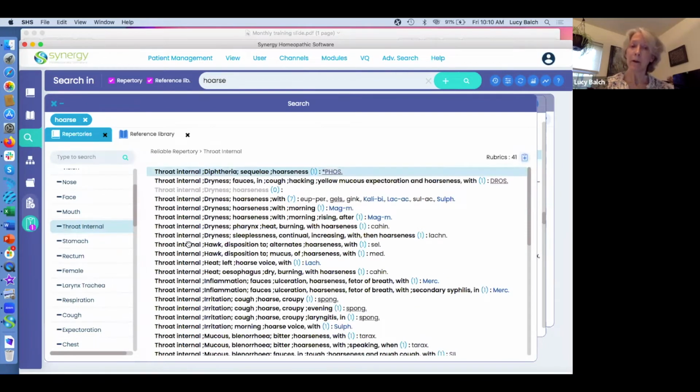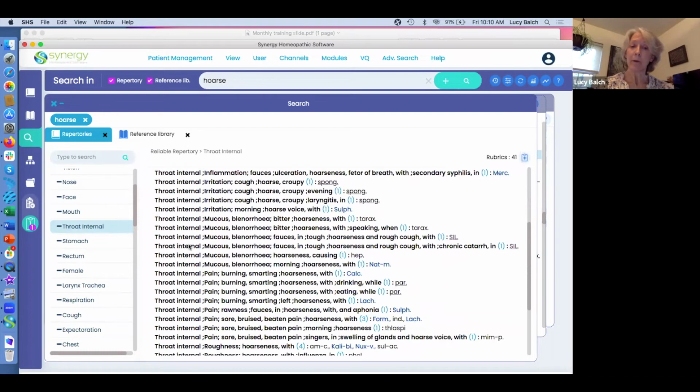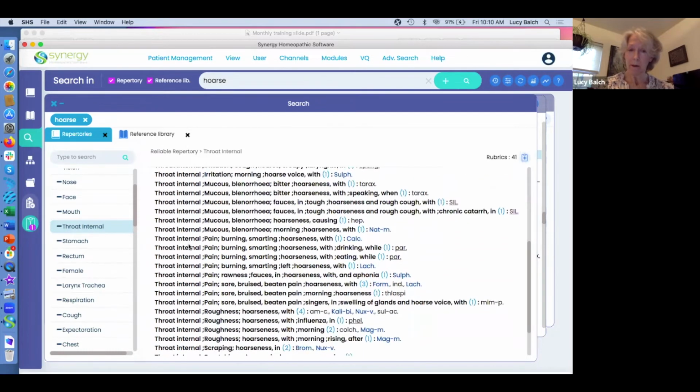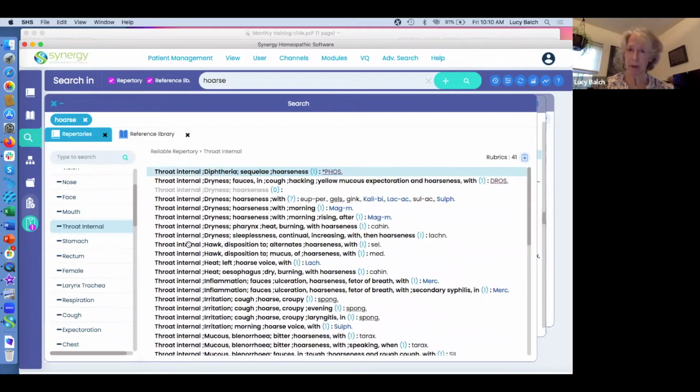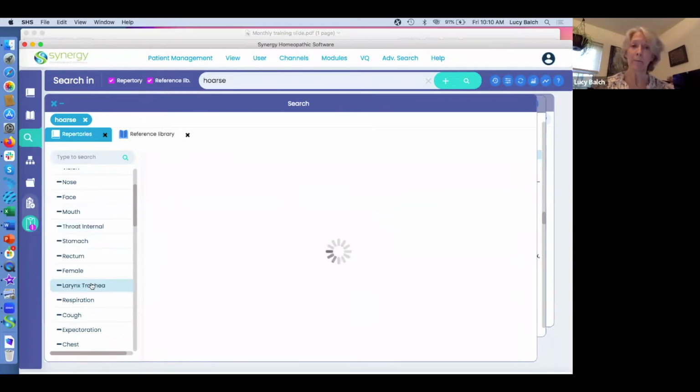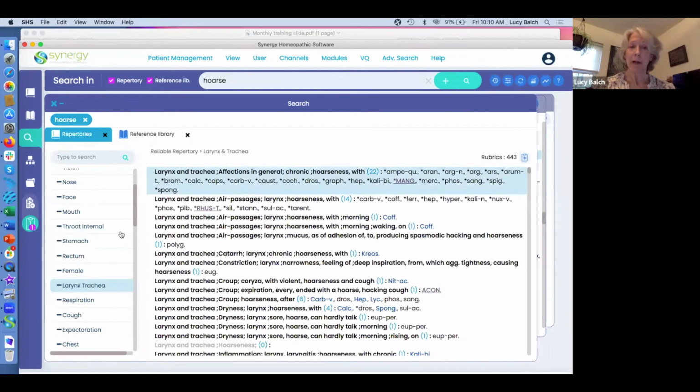Okay, and so here you see certain hoarse rubrics, but all of them appear to be somewhat smaller than I really want. This one has dryness. So I'm going to keep looking, stomach, rectum, female. Okay, let's go to the larynx, trachea. Maybe that's the place to go. So I'm going to click there. And sure enough, this is the meatier, better rubric that I actually want to take to my clipboard, that there's hoarseness at the level of the larynx and trachea,